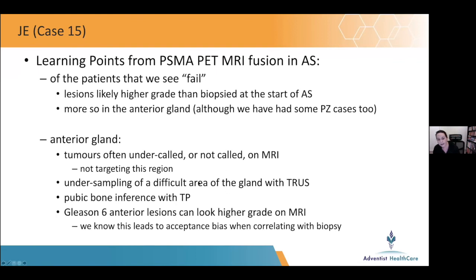We know that there can be difficult sampling of the anterior transition zone. We get pubic bone interference. And we also know that some PIRADS 5 lesions can come back as Gleason 6. So there's also a bit of acceptance bias when you think, oh, it's PIRADS 5, only got 3+3. You think, well, it could be, because we know that these anterior transition zone 3+3s can look worse than they are. So I think that's just a really nice case that shows how we're using PET MRI,